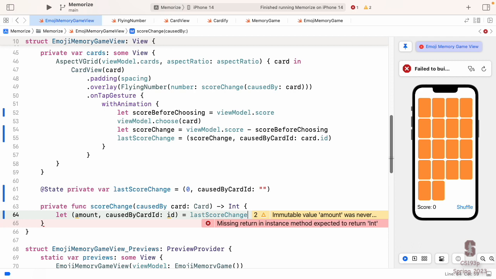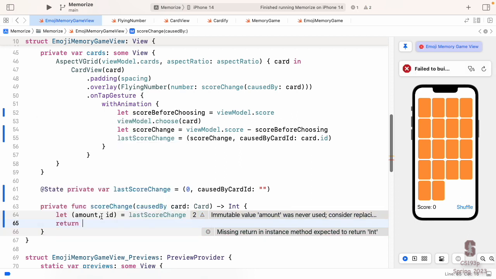It could be foo, whatever we're concerned. And then caused by card ID, this also is a variable. When it pulls it out of here, it's going to put the two values into these two variables. So I'm essentially saying let amount equal the first thing in the tuple and let ID equal the second thing in the tuple. And again, here, I don't need this name if I don't want. Take that out of there. That's also perfectly legal.